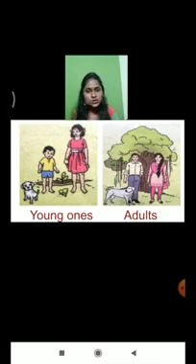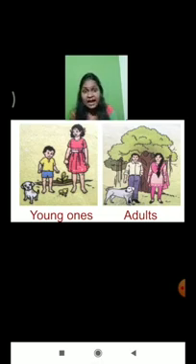Okay, now students, observe this picture very carefully. The first picture shows the young ones and the second picture shows the adult ones. In the first picture you can see a girl and a boy and a small puppy. Beside the boy there is also a small plant in between. And after many years, in the second picture you can see that there are certain changes. Can you guess what the changes are?